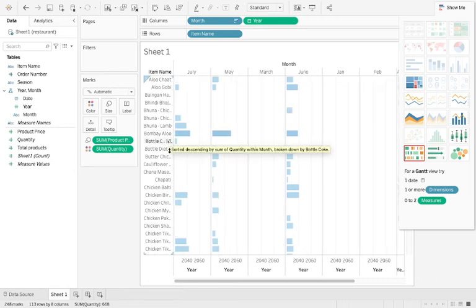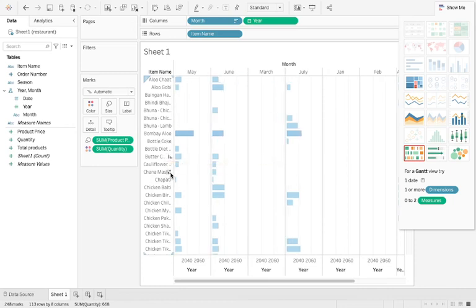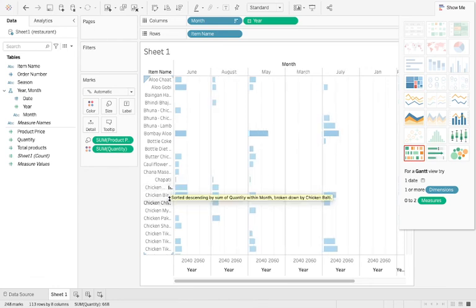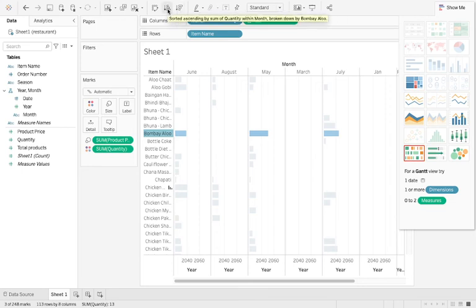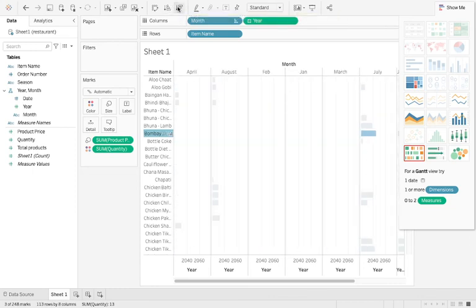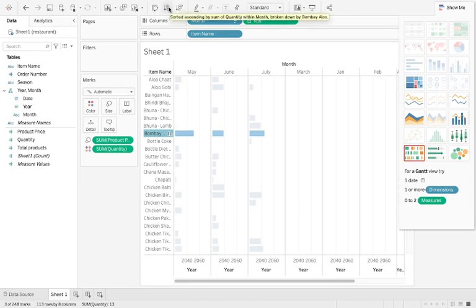This is basically your quick sort, so you can just click on some particular values that you have here and it will sort your data accordingly. So this is one way of sorting your data, that is your quick sort. Moving ahead, we have the toolbar sorting. That is also pretty much self-explanatory. Say I want to sort this particular field, I can sort this from my toolbar, sort by ascending, sort by descending. So I can just click on this and if you see, my data will be sorted. So this was your ascending, descending sorting from your toolbar.